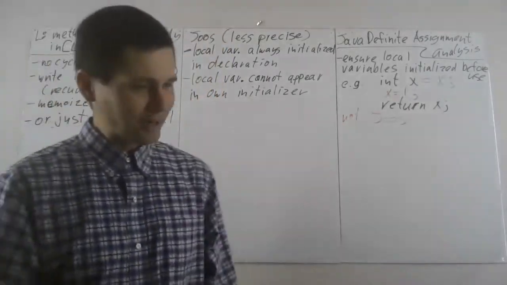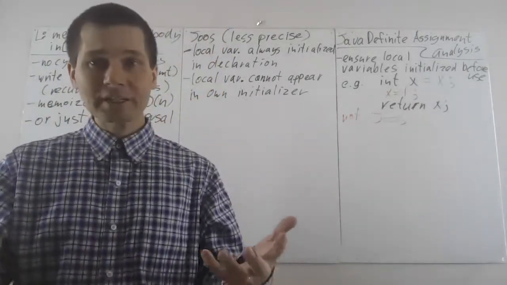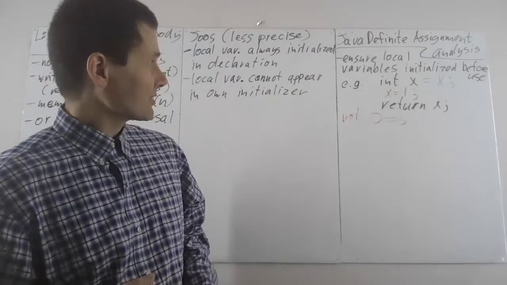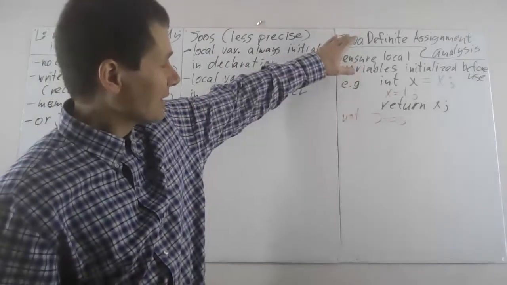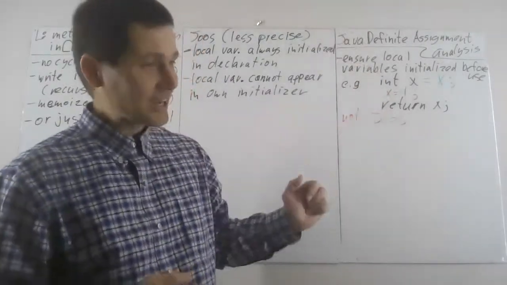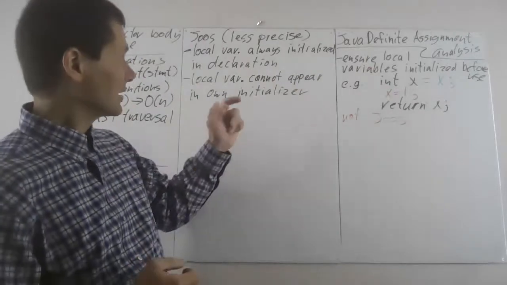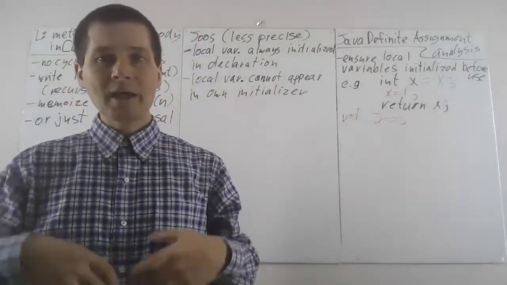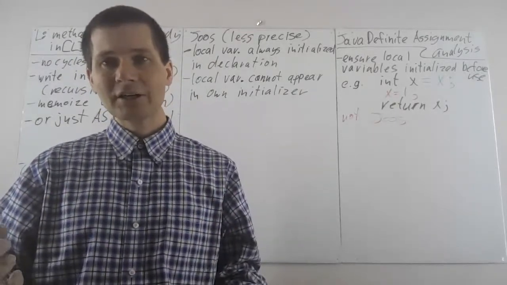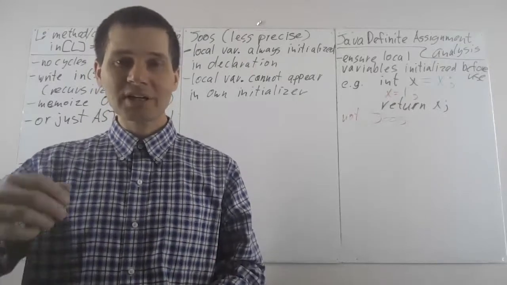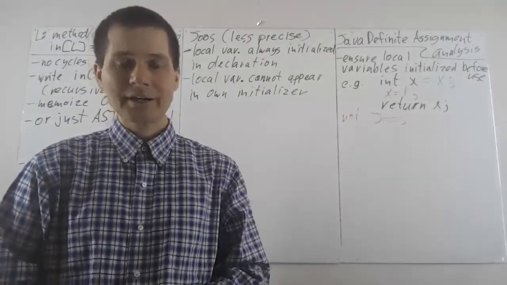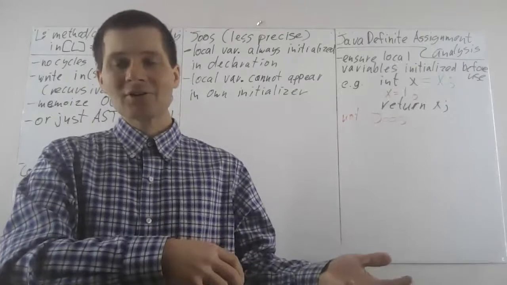Since I've covered all that, I have a bunch more material that belongs here about static analysis. In particular, I want to show you the Java definite assignment analysis that Java actually implements to more precisely check for initialized variables. And then I want to talk a bit more about the theory of static analysis. That's something that is kind of missing from this course, in the sense that it's used a lot to justify optimizing compilers, and we're unfortunately not doing optimizations,